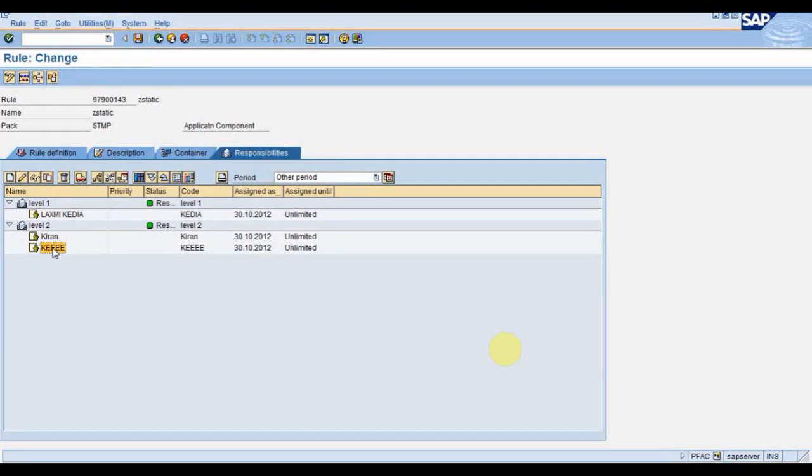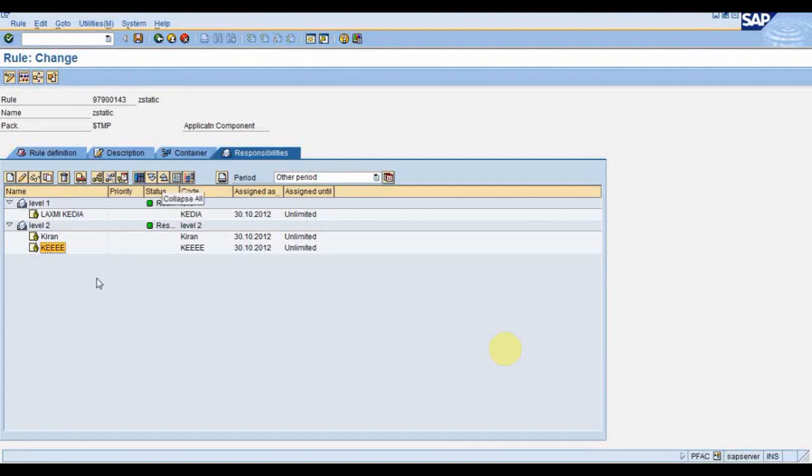Now this is what I have done, the rule by responsibility. Means I have just statically assigned the users based on the level. You can have anything in container element, like I was having level, you can have company code, function, or company, or payment terms, or doc type, any variable based on which you want to fetch the users. And if you have the static value against those variables or the container elements, like for level I was having 1, and for level 2 I was having 2. So these are the static values. For the static values, you can just assign the agent statically through rules by responsibility.